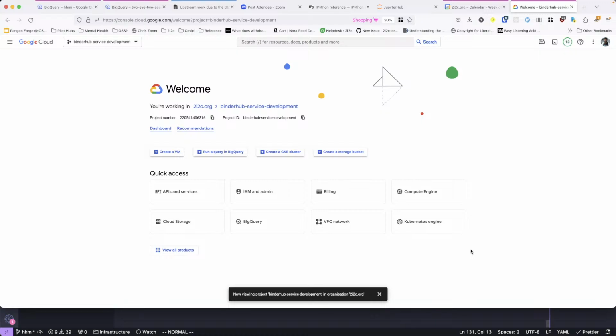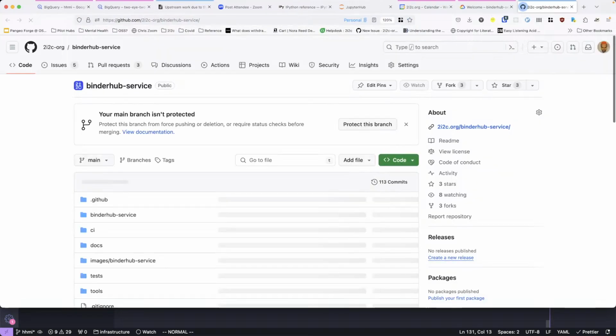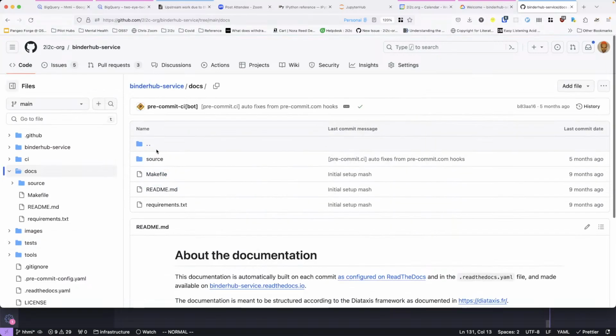Hello. So there is a new project called binderhub-service. Well, it's not really new. It's just also intensely complicated for no reason. But ultimately, it's a Helm chart that just deploys binderhub without any